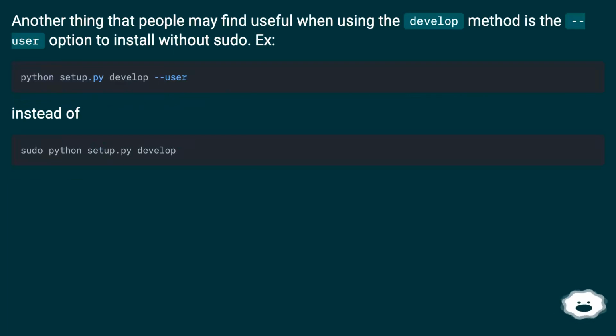Another thing that people may find useful when using the develop method is the user option to install without sudo instead of